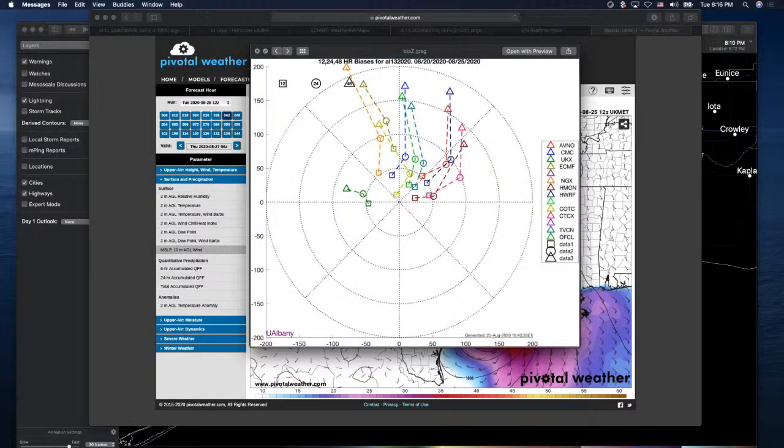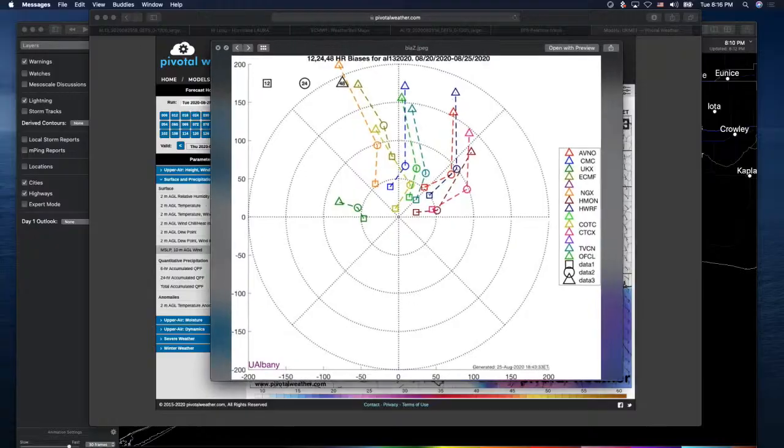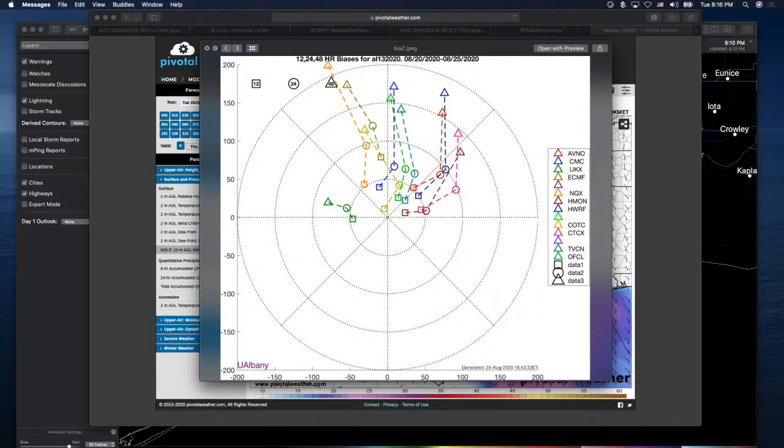Here is this. My team sent me this. Here's the error or the biases for the computer models. Again, you can see the green painted down here, being the UK Met, how much less of an error it's had in its last three runs versus the actual location of the storm. Okay, so that's certainly interesting because when you look at the ECMWF, it's had quite the problem with its 48-hour forecast and a big issue. A lot of these models have. And so